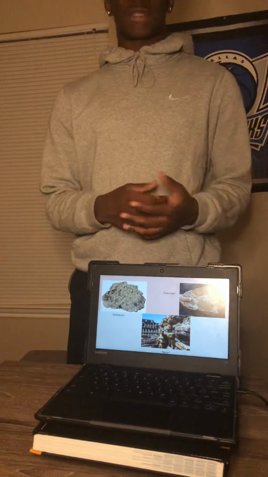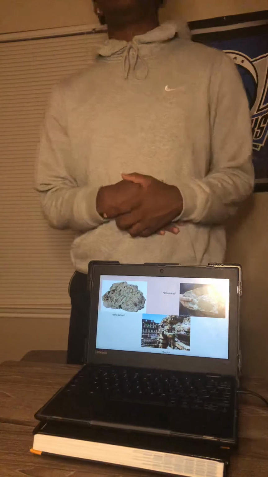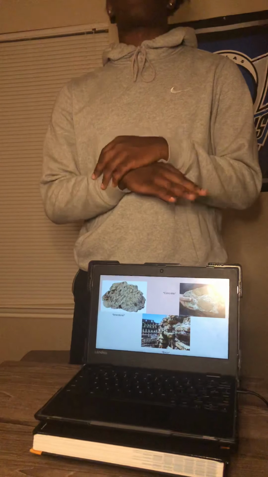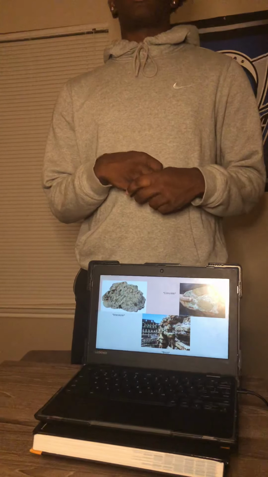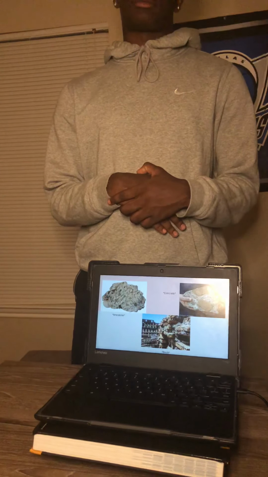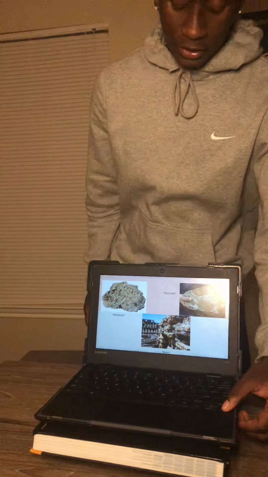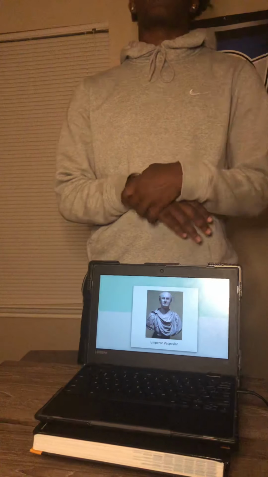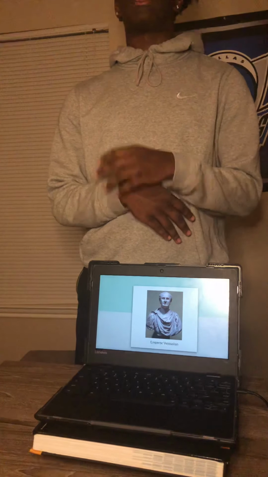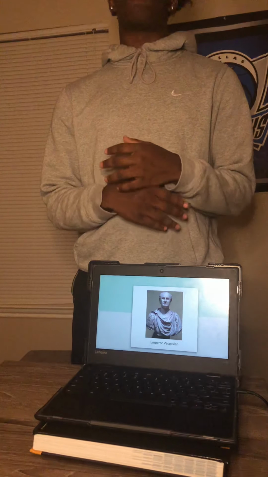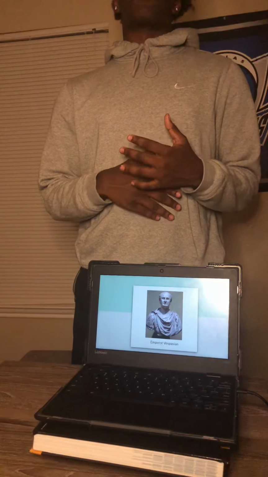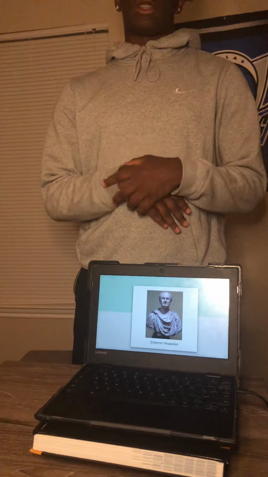To begin, we'll be discussing how the Colosseum was built. The Colosseum consists of three materials: brick, limestone, and concrete. Although concrete and limestone are used in today's world, the usage of limestone has been cut by over 50%. We tend to use brick and concrete in our everyday city buildings.